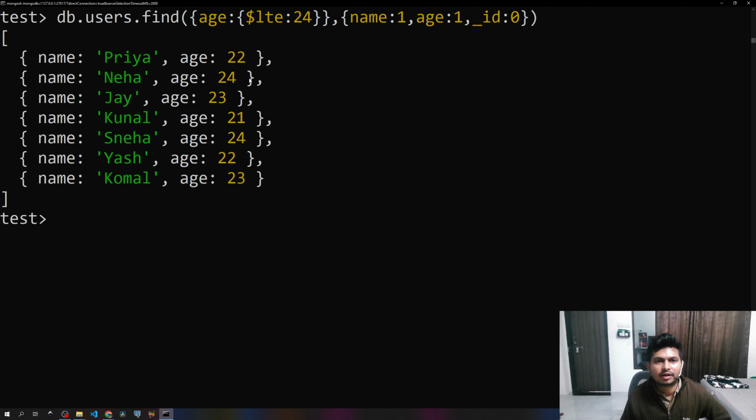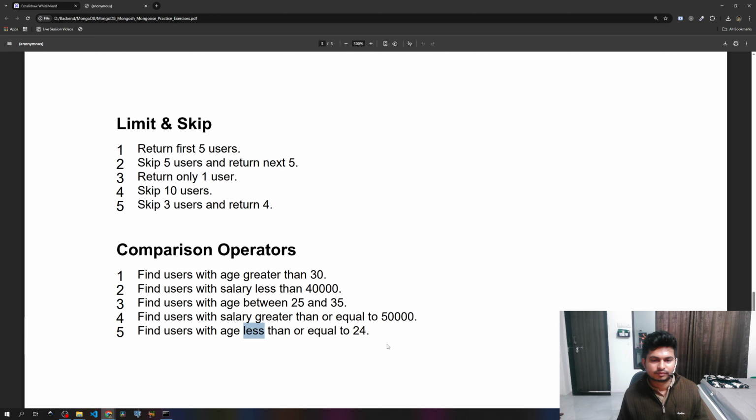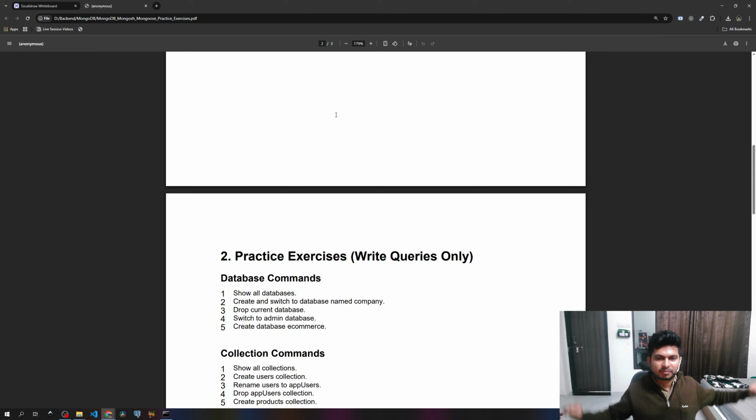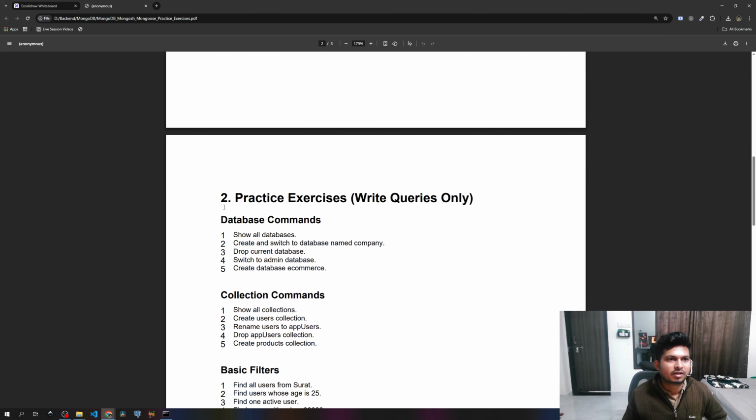We get less than 24 and 24 also, so we solved all the queries, and we practiced